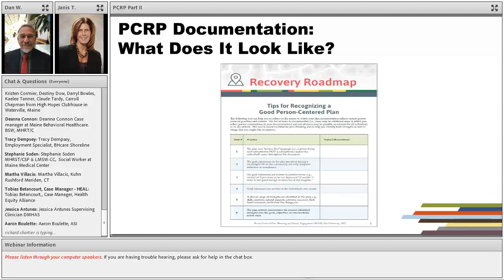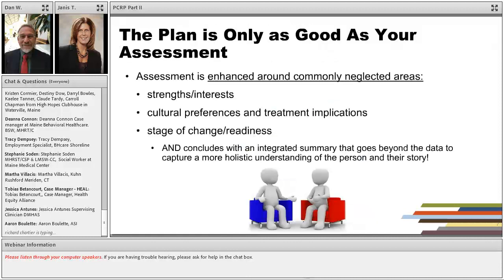I do want to let you all know, don't worry about the tiny font on this screen. I just wanted you to be aware that we have gotten permission to share with you a couple of really practical tools that really are quality indicators checklists, if you will. So if you're running a person-centered recovery planning meeting, what does that look like in practice? And we've created a similar tool. Some people think of it as sort of a chart review tool, a quality audit tool. What does a good person-centered plan look like? So we're going to talk about that on today's webinar. But when we both post the materials, we will post these tip sheets along with the slides. So those will be coming your way, just so that you know.